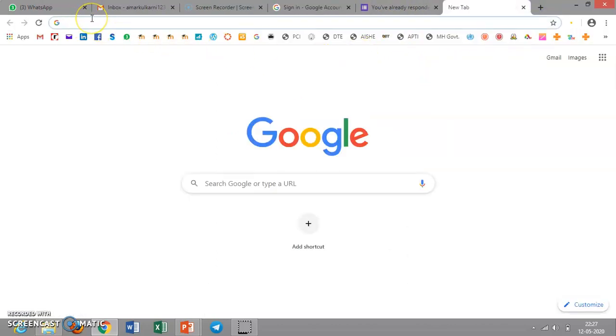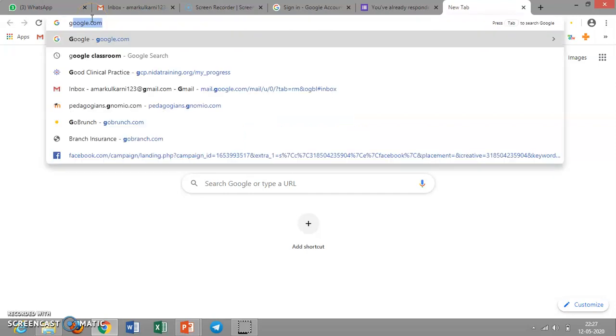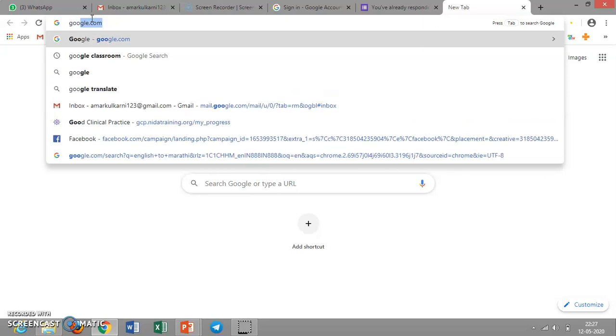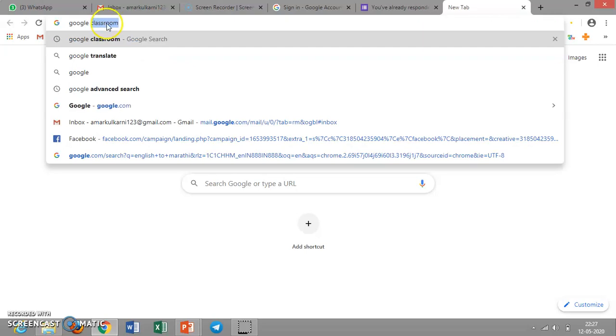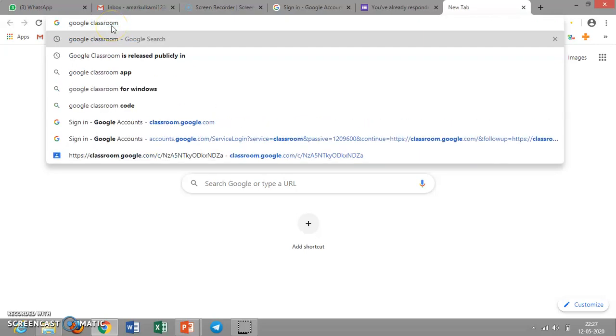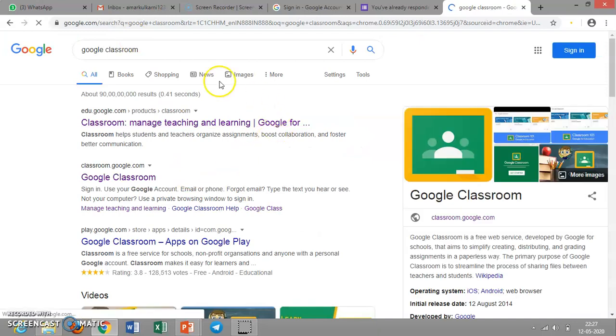You just go to google.com, or you can directly search here Google Classroom. So you will get this window. In the first search, you just click on the first search.